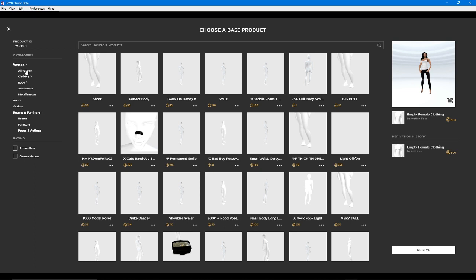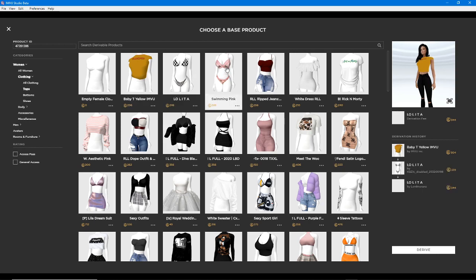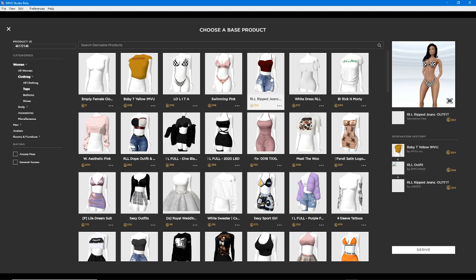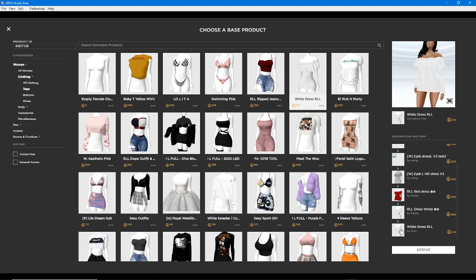But let's, for the sake of argument, do a top. So we can select our item and it shows on the right the preview and the derivation tree, or the derivation chain, and this may or may not be useful for those that particularly care about it, because it depends obviously on